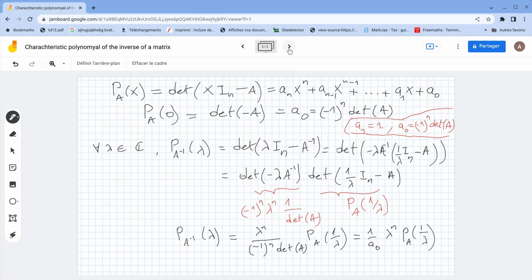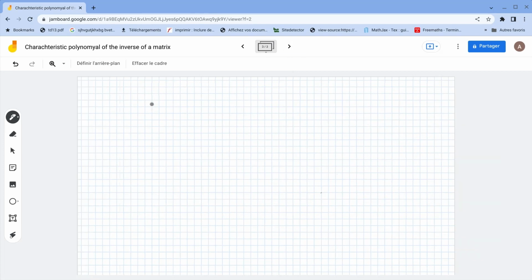So I can take P_A inverse of lambda is 1 by a_0 lambda to the n P_A